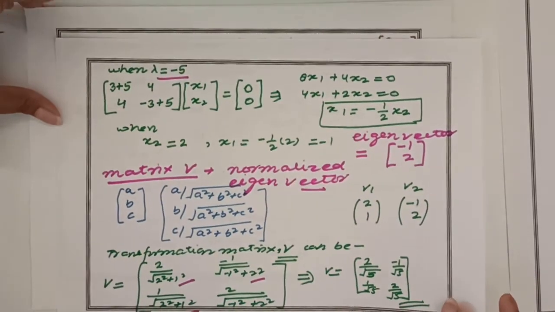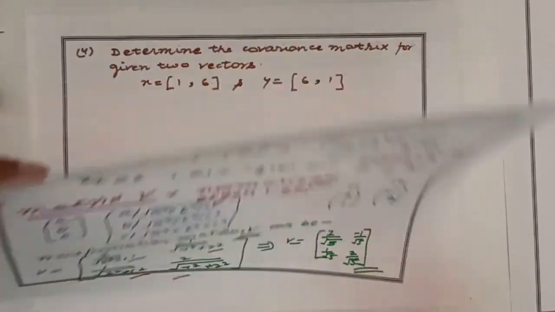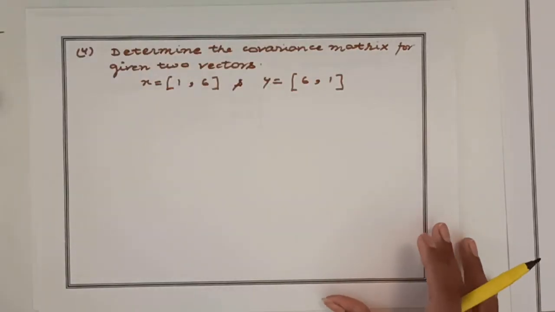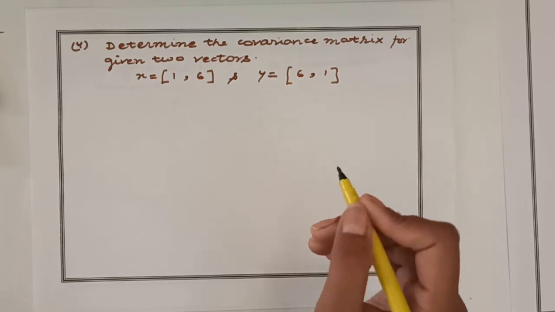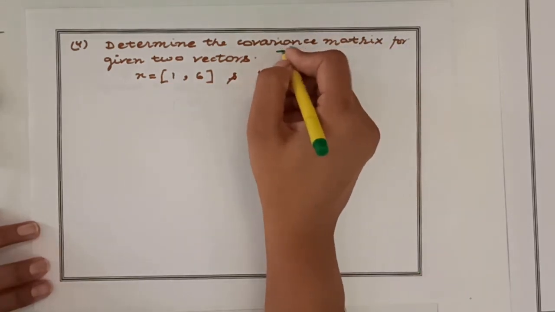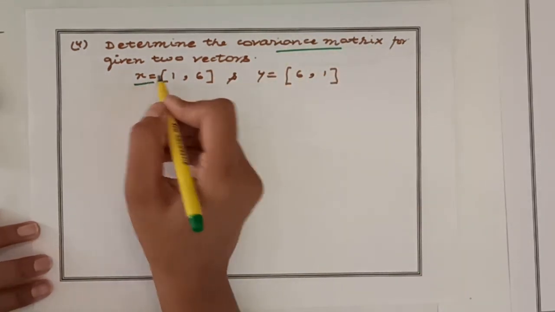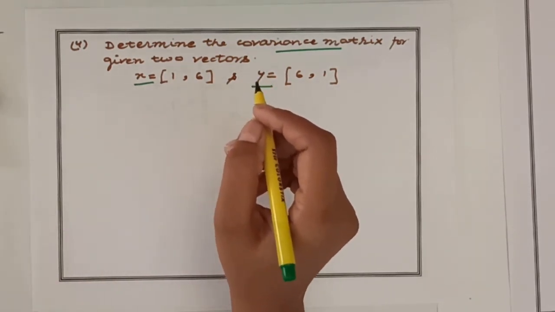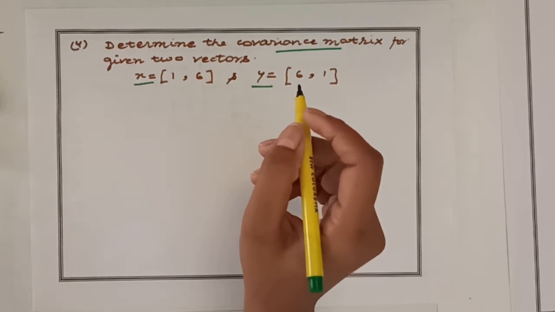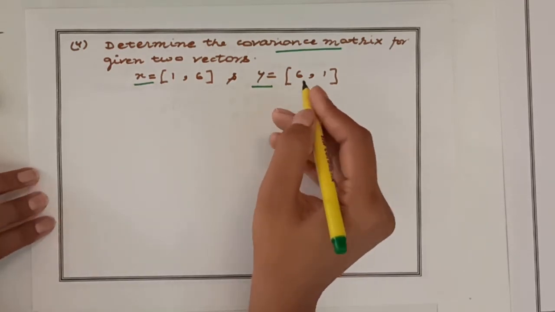Now, proceed to the next question. Determine the covariance matrix for given two matrix vectors. One vector is represented by x and another is represented by y. So how to determine the covariance matrix? You know that